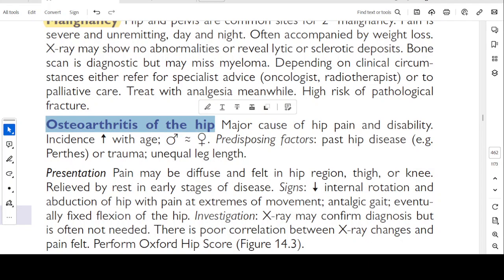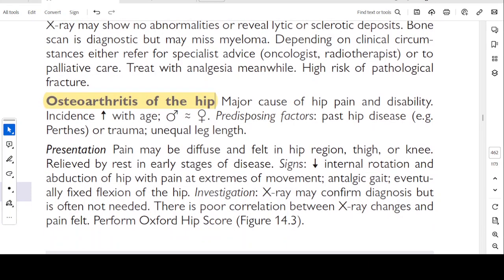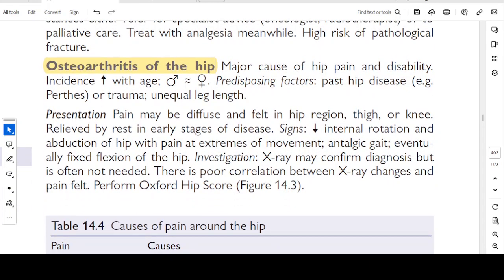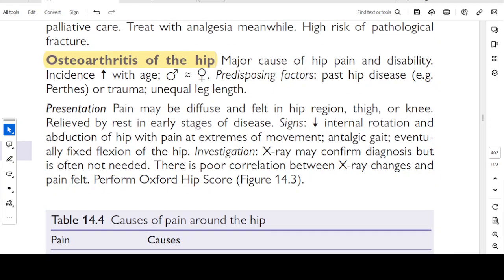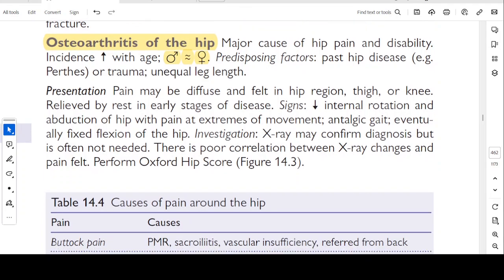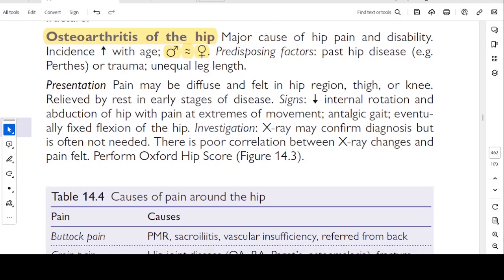Osteoarthritis of the hip is a major cause of hip pain and disability. Incidence increases with age. Males more than females. Predisposing factors: past hip disease, for example Perthes disease or trauma, and unequal leg length. Presentation: the pain may be diffuse,